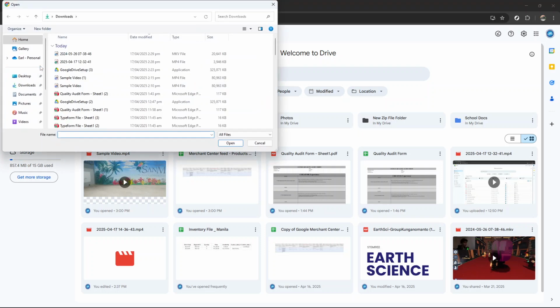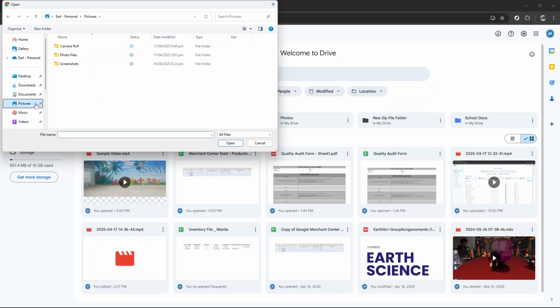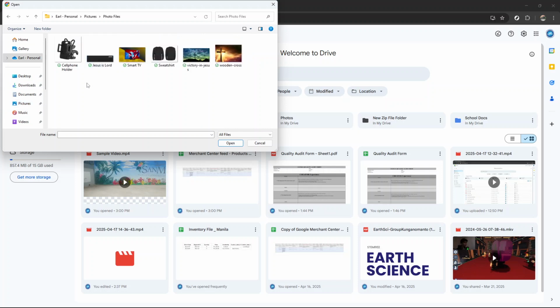Next comes the part where you actually choose which photos or folders you'd like to keep on Google Drive. A file explorer window will open, letting you browse through your computer's files. Navigate through your directories until you find the photos or photo folders you've decided to upload. Once located, simply select those files. You can choose multiple items by holding down the Control key if you're on Windows or the Command key if you're on a Mac. After you've selected your photos or folders, click the Open button, and just like that, the